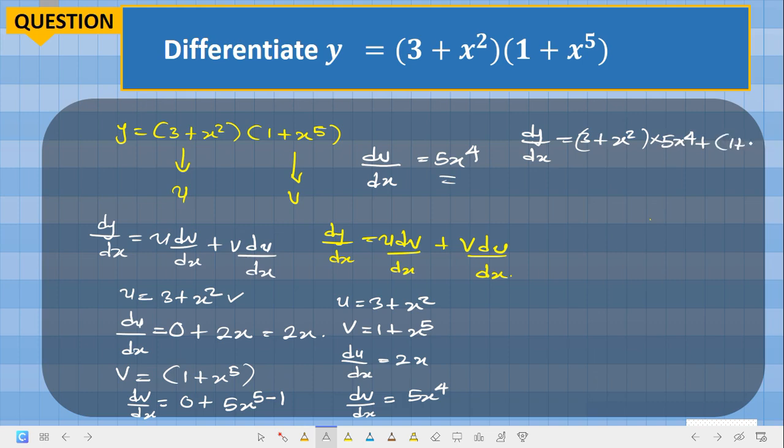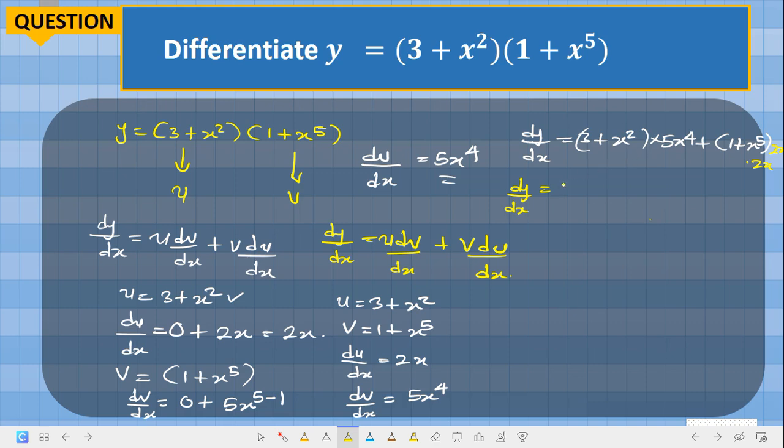Our v is 1 plus s raised to the power of 5, and our du is 2s. Bracket 2s. So our final answer, dy ds is equal to,